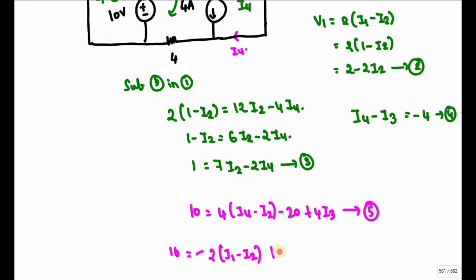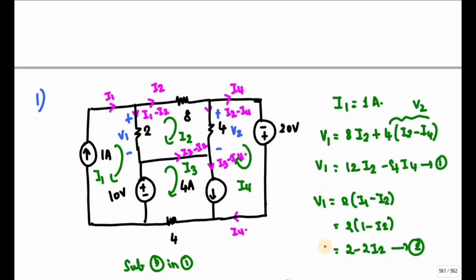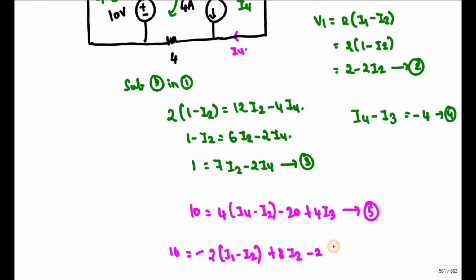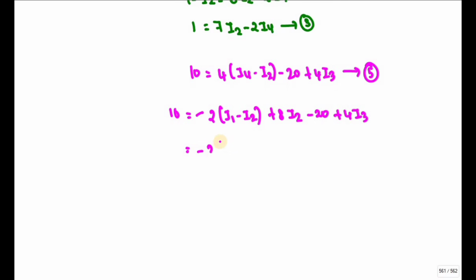So 10 is equal to minus of 2 into I1 minus I2 plus 8 into I2 plus minus 20 plus 4 into I3. On expanding, I will get 10 is equal to minus 2 plus 2 I2 plus 8 I2 plus 4 I3